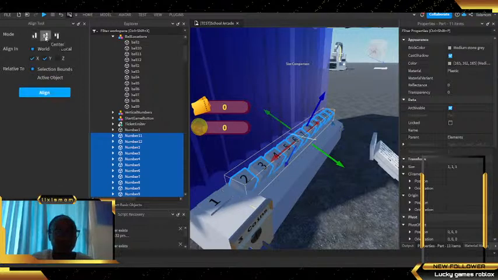Nope. No. Definitely not. Okay, so not on X. So X is the one we don't want it aligned on. Okay, so Y and Z. Okay, there we go. And I wish there was a good way of distributing them, but it's just an align